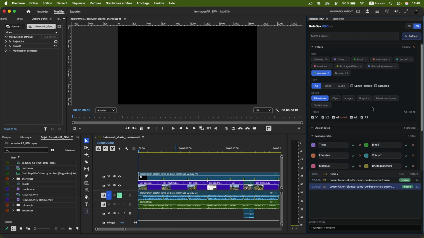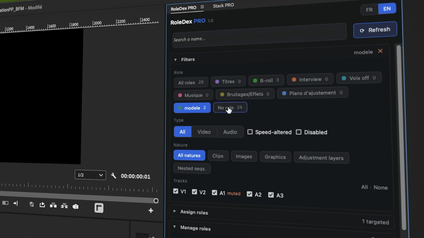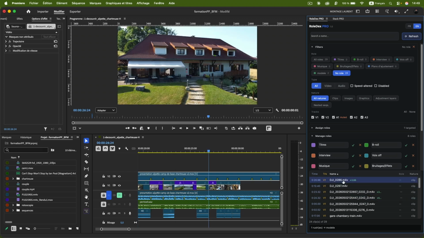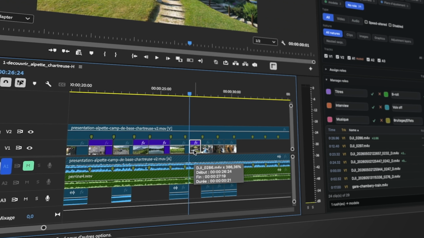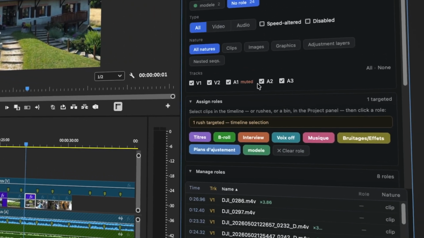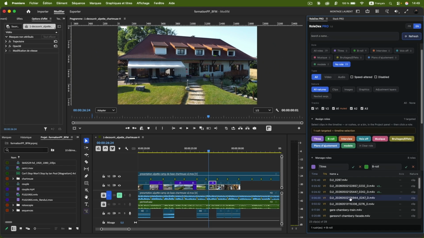as well. If, on the other hand, you actually want to do some background work and tagging the content of your sequence, well, at that point, you'll find the button that'll let you filter and display all the elements that right now actually aren't assigned to any particular role. So you'll be able to select the relevant row. Consider that this element is a B-roll type element. So at that point, I go to the assignment section for this shot with a specific role. I click and automatically it disappears from the list since I'm currently filtering specifically those that for now haven't been